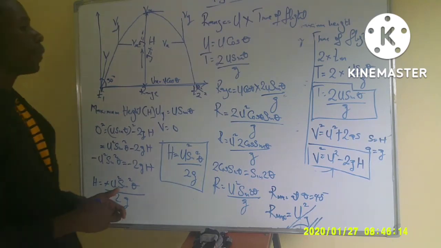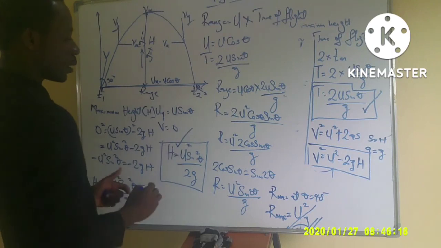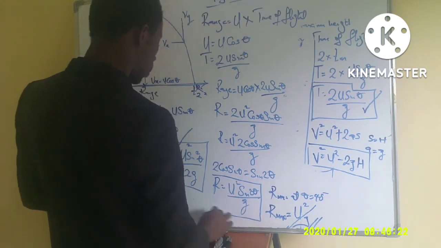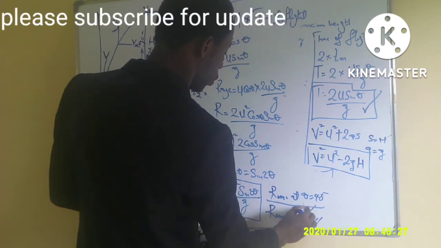So those are the basic formulas you need to note. The time of flight, the maximum height, and this is the range. This is the range, and this is the maximum range. So please take